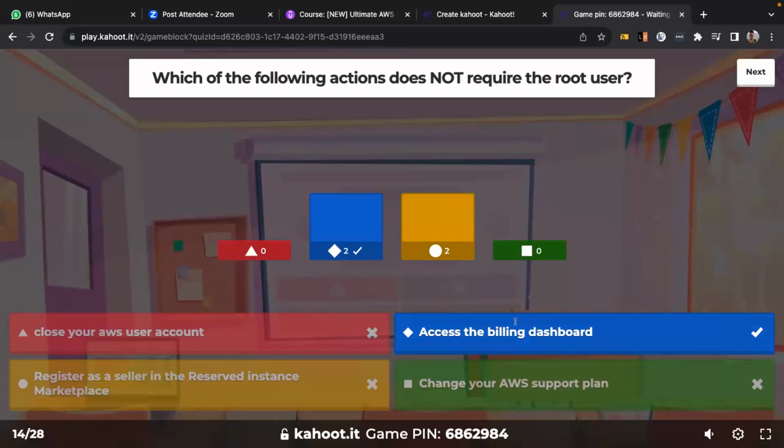You can give someone permission to access the billing dashboard, and they can access it without requiring the root user. But for all the other remaining options, the root user is needed to perform those actions.